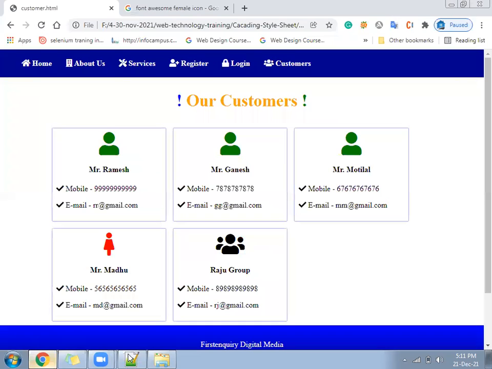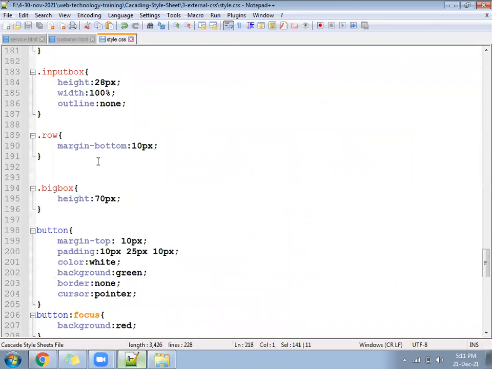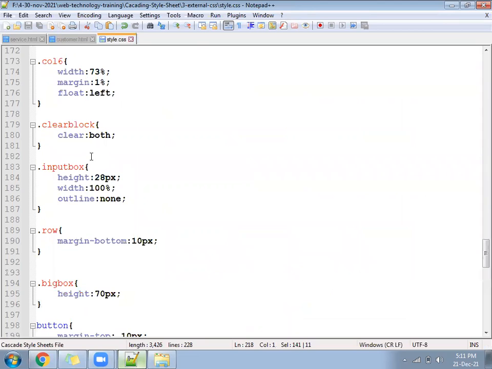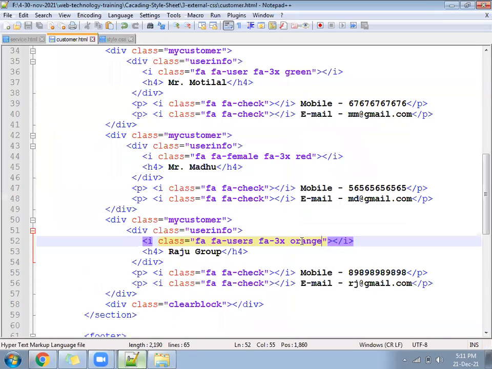Orange is not there. Yellow we have, or which class we have? We have some class here, no? In the file, red, green, blue we have. So we can call blue class here instead of orange.